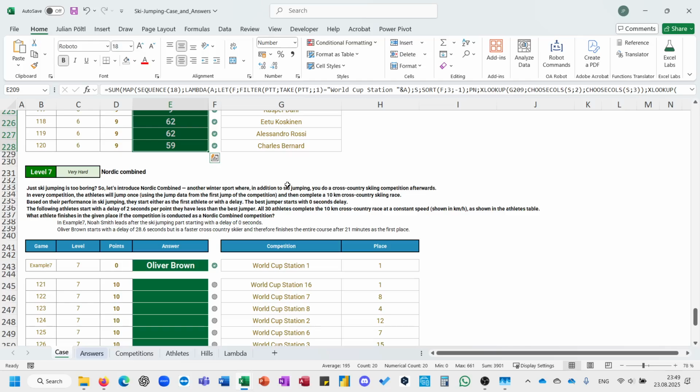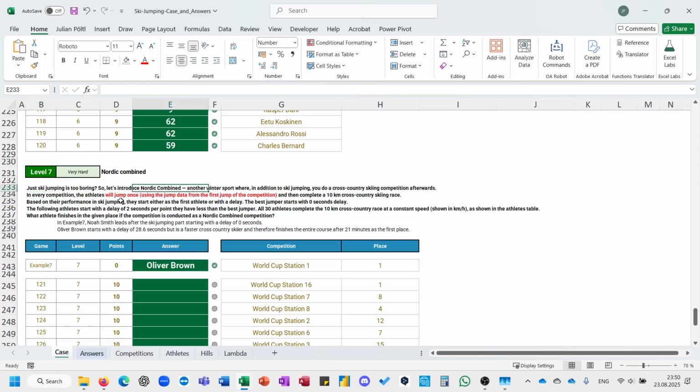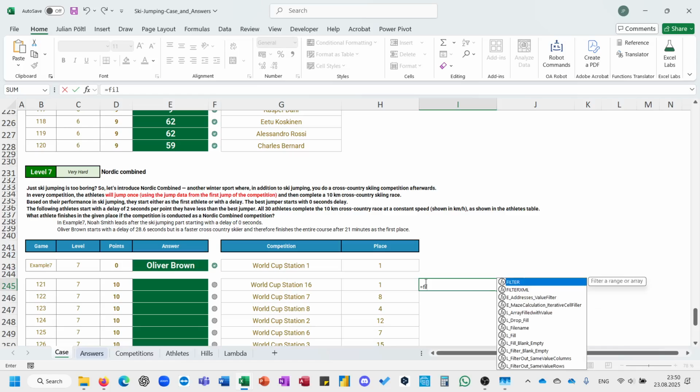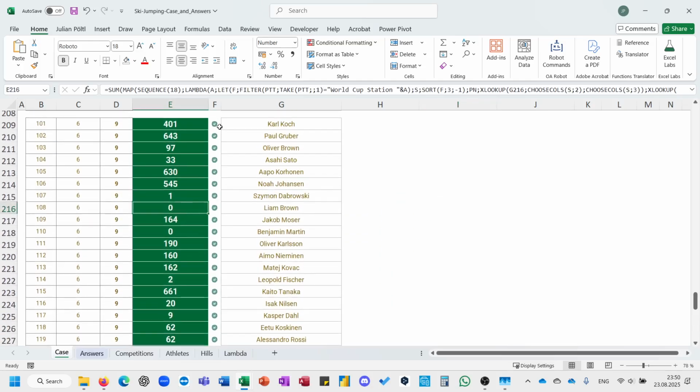Now, Nordic combination. This is super important. This was a crashing thing. The athletes will jump once. Only the first jump in the competition is rated, which is important. And it's not highlighted there that I figured it out, so I overread it. And I will build this from scratch, or not build it from scratch. So